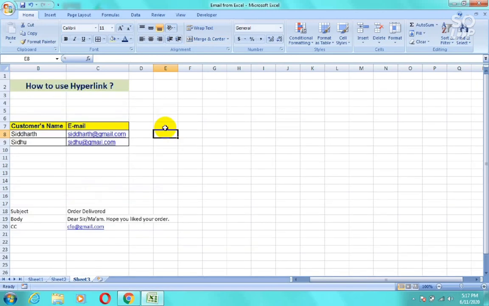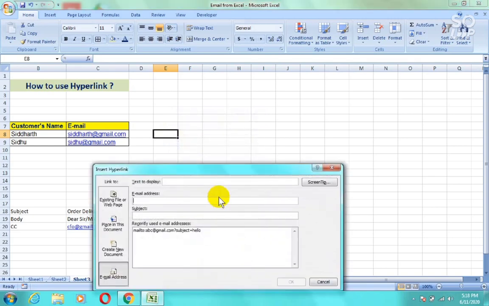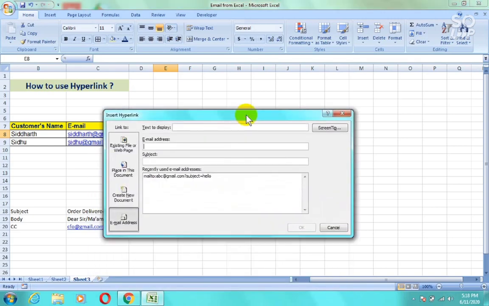Put the cursor anywhere on your sheet, then right click of mouse and select hyperlink or insert hyperlink, whatever you have in your Excel. Now as you can see, a box will appear.